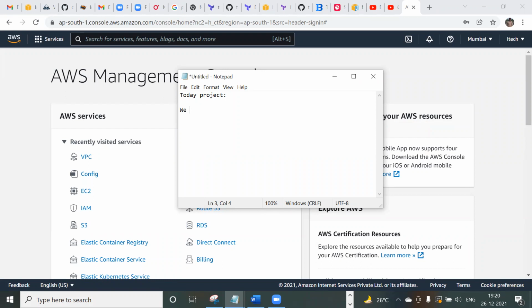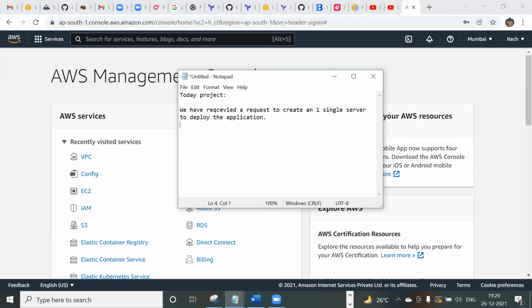So we have received a request to create a single server to deploy the application. This is the requirement we got from the customer.